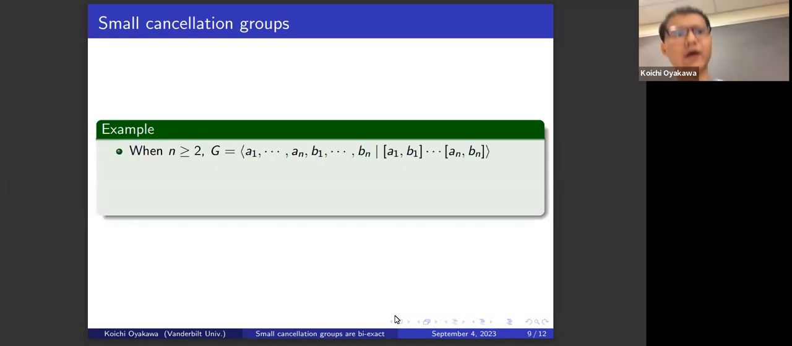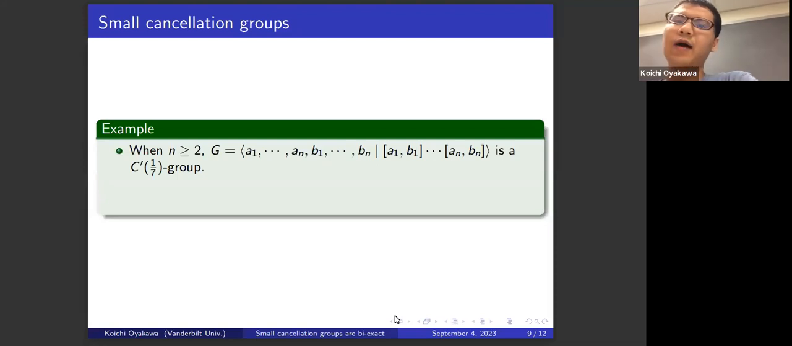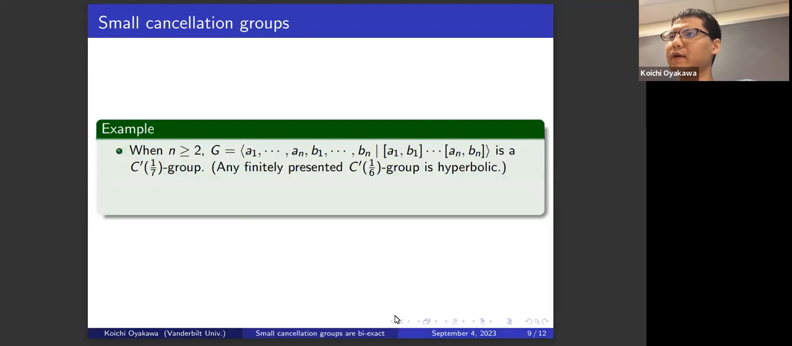One natural and very famous example is the fundamental group of a surface. That is given by the product of commutators, and this satisfies the C prime 1/7 condition. And by the way, any finitely presented C prime 1/6 group is known to be hyperbolic. So you might think